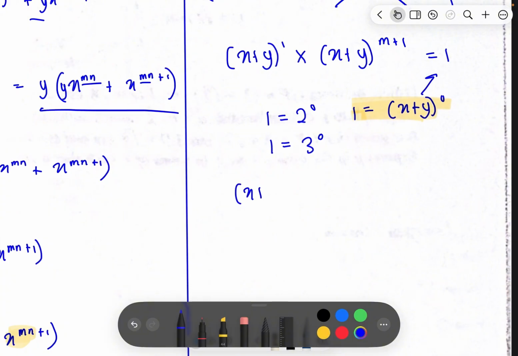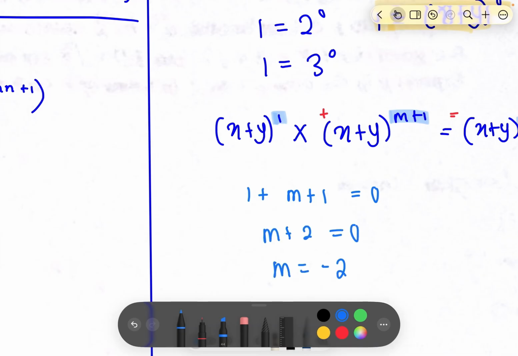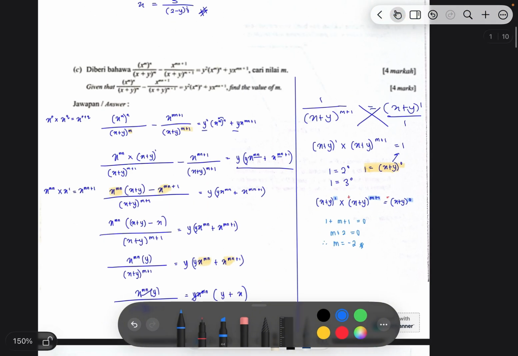So I get x plus y power of 1 times x plus y power of m plus 1 equal to x plus y power of 0. So now I can compare 1, m plus 1 and 0. So this becomes plus lah, it's equal. So I can say that 1 plus m plus 1 is equal to 0. So m plus 1 is 2, equal to 0. So m is equal to negative 2. Okay,